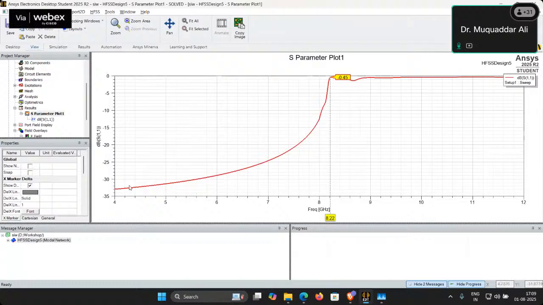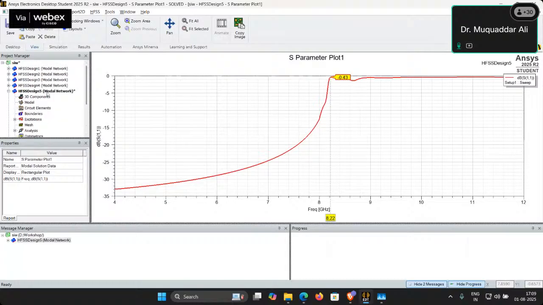So some of the power is going inside beyond this point inside the waveguide and then returning back. Okay, but in this case it was not even going inside the waveguide. That is why it is like this. Okay, so now what we need to do, we need to consider this region only from 8 gigahertz to 12 gigahertz. So let us change this